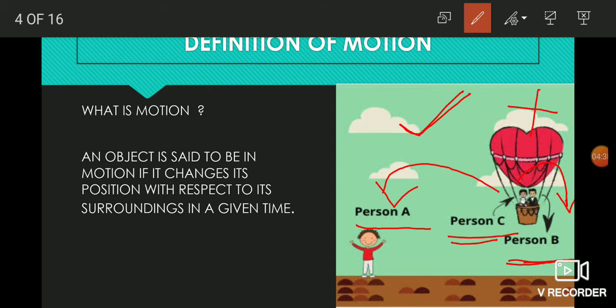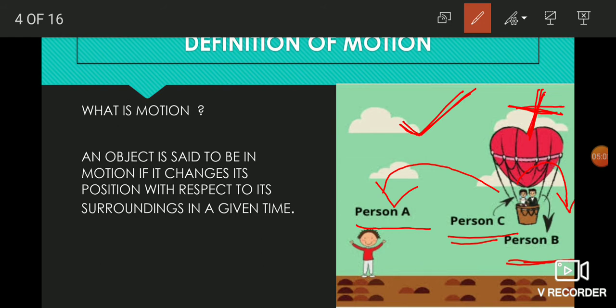We are both in the hot air balloon and we are not moving. So the same person, when I compare with A, is moving, but when compared with B, is not moving. This is what is relative. In relation to A, I am moving. In relation to B,